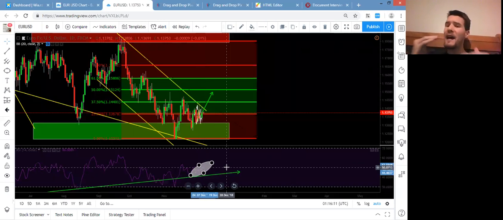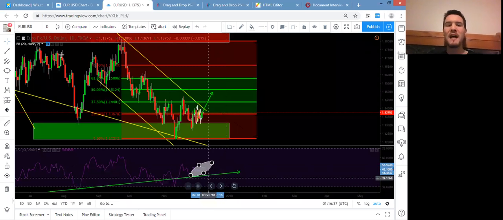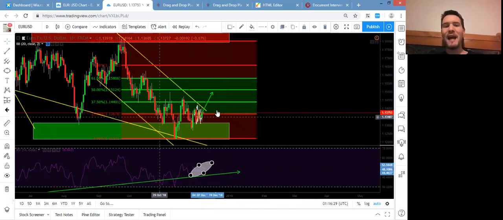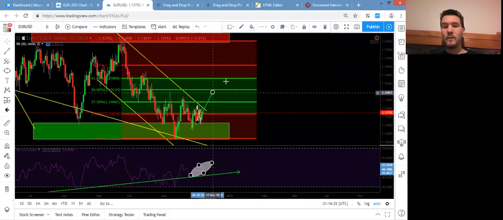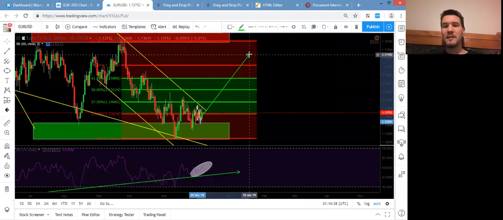okay? We've already had divergence all the way down from basically 5 up to 50, okay? And we're still in a downtrend, which means now the market should break off the other way to clear the other 100, okay? So again, 0 to 50 on the RSI, still in a downtrend. Now my expectation is this will be the launching point for the rally to extend to the top of the